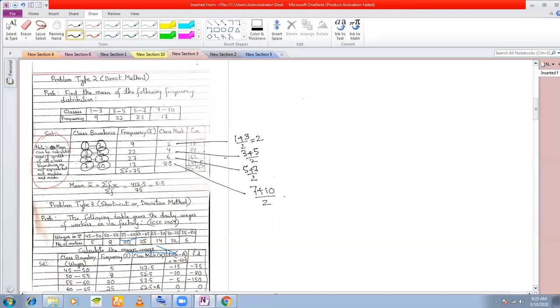For each one, you are calculating your class mark or mid values. You can calculate the mid values from your class limits also. If these were non-overlapping, then also we could have calculated the class mark. But I would advise you that whenever you get class limits in your sum, convert them to class boundaries, because class boundaries are more convenient to work with. Even in mean, even if it does not matter, still always convert class limits to class boundaries. So I hope, Vivek, I answered your question.